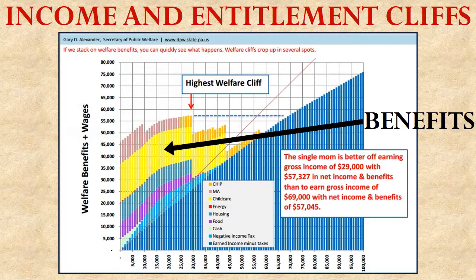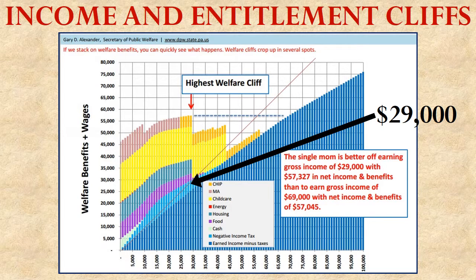These other multicolored columns that you can see mostly over to the left represent the various government welfare programs that she can get payments from. So while she may be making no income, if you go all the way to the far left of the diagram, there's a whole host of government programs that will give her money to try to sustain her, so that she and her child or children don't starve to death, aren't homeless, things like that.